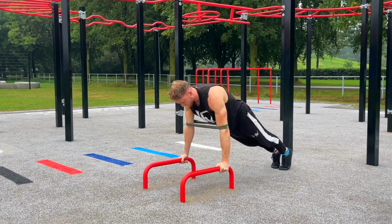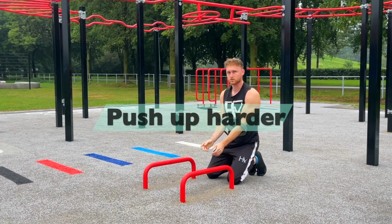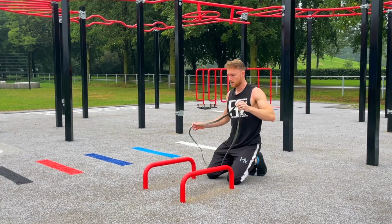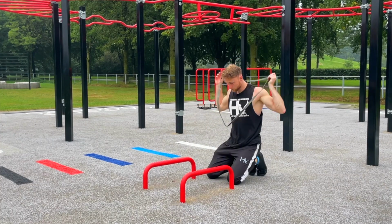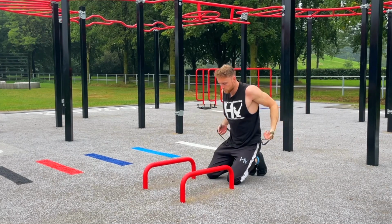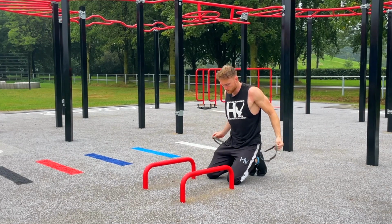But if you want to make it heavier, that is also possible. So then you're going to put a resistance band behind your back. You can do it one side or make it even heavier, two sides. So I would recommend you to